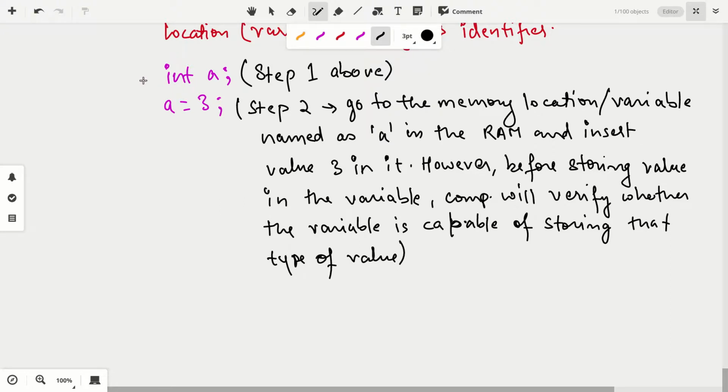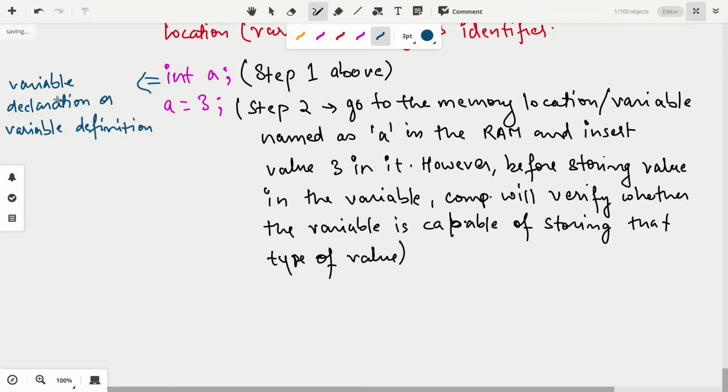So, specifying data type. This entire thing, int A, has one technical term in computer programming languages, and in Java also. This first line is known as a variable declaration statement or variable definition statement.